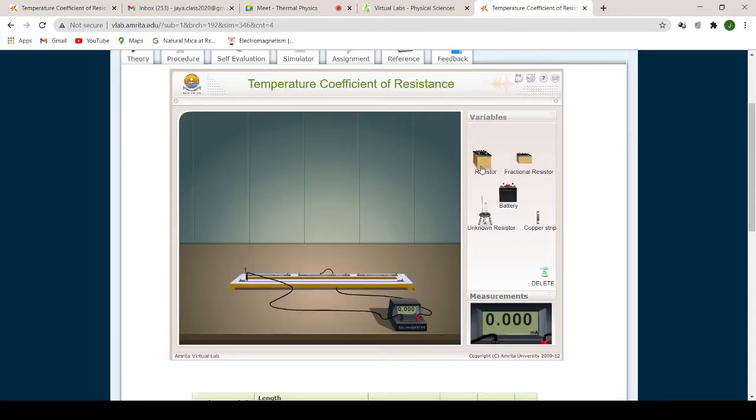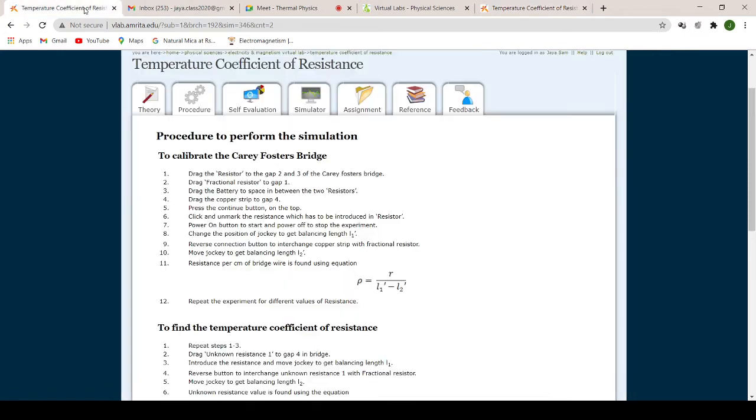So this is the resistor. So one is the resistor, another one is the fractional resistor. We are going to use the resistor. So drag it like this. So this is the second slot. Place it here. It is going to make the connections automatically. Similarly, the same resistor, you have to place it in the third slot here. Okay. So when you put it in that box that came as you were pulling the resistor, it will make the connections automatically. Now let us go to the next step.